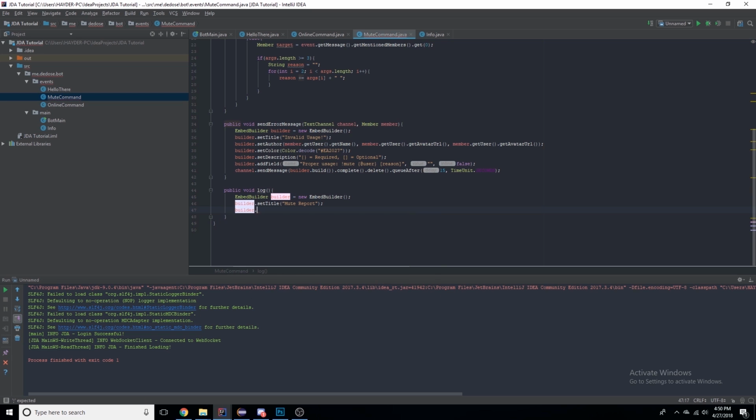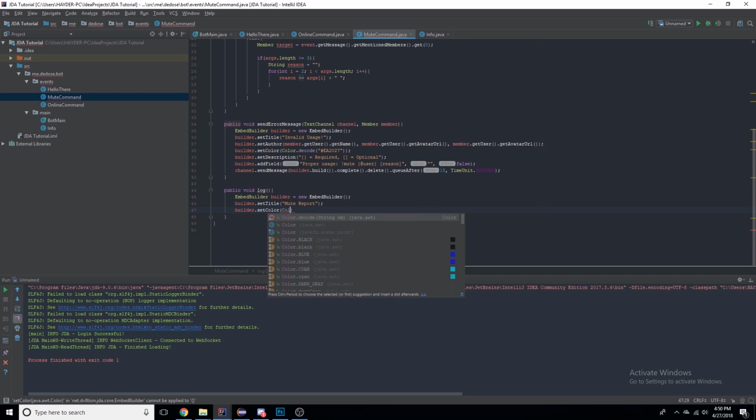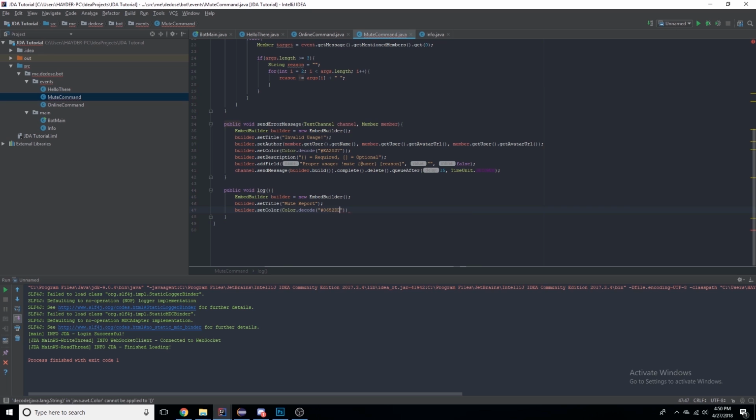Builder.setColor(Color.decode(that)). Alright, so builder.addField,